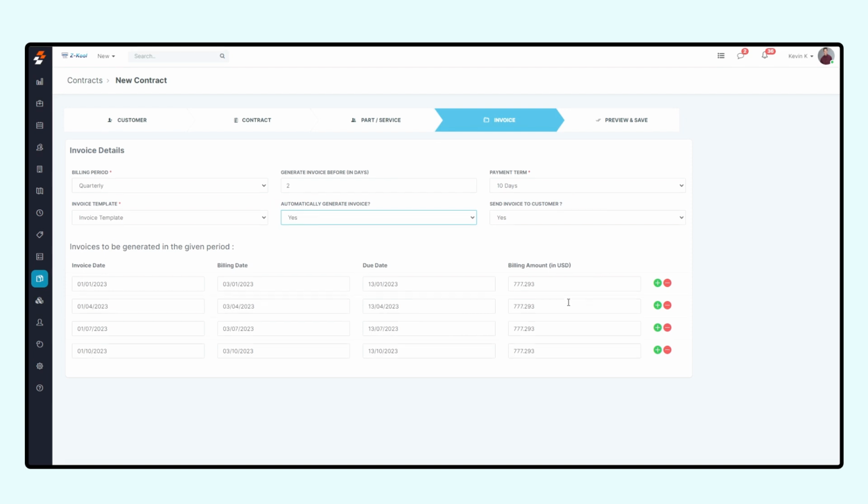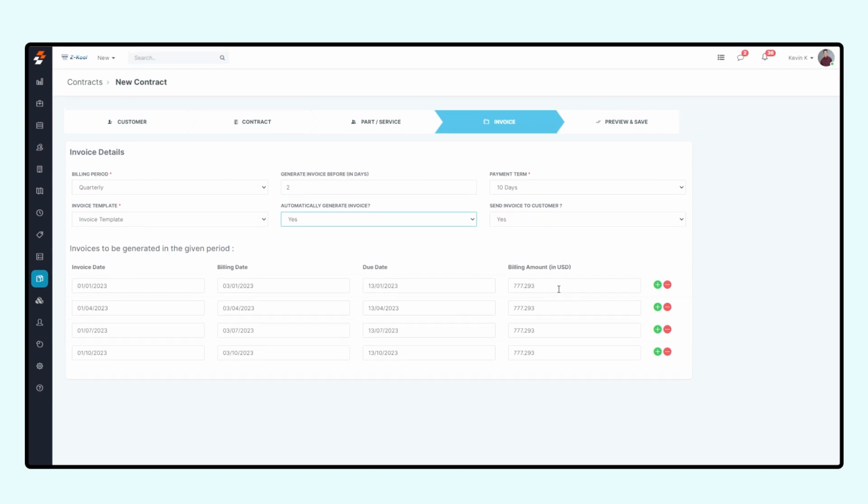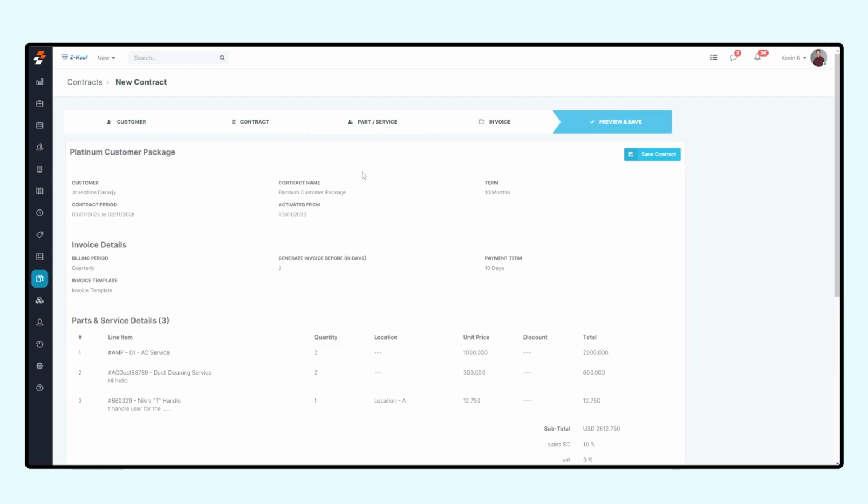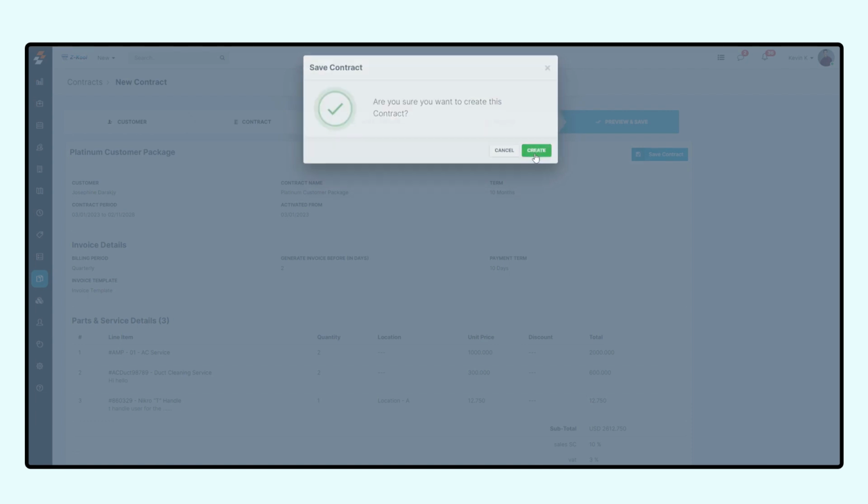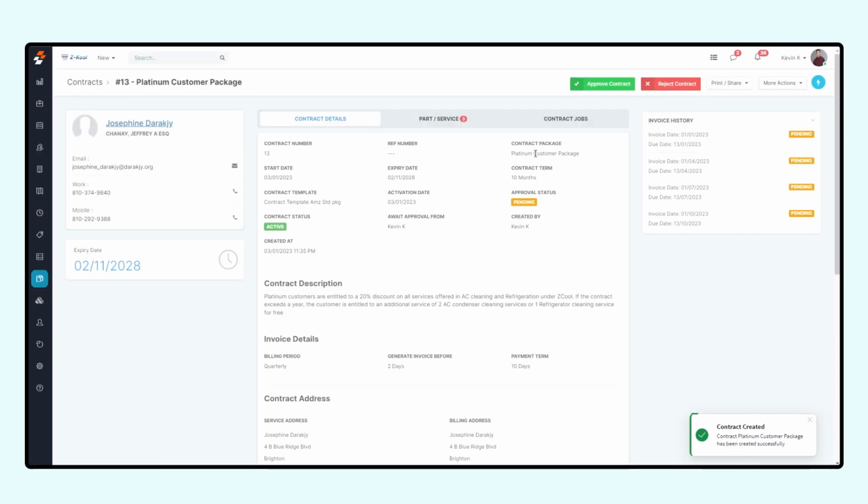Now for auto-generated invoices, you can adjust the billing amount. So in the billing amount, if you would like to collect the advance on the first invoice, the other amount can also be adjusted accordingly. So once you create all the required fields, you can save the contract, and the contract will be created and